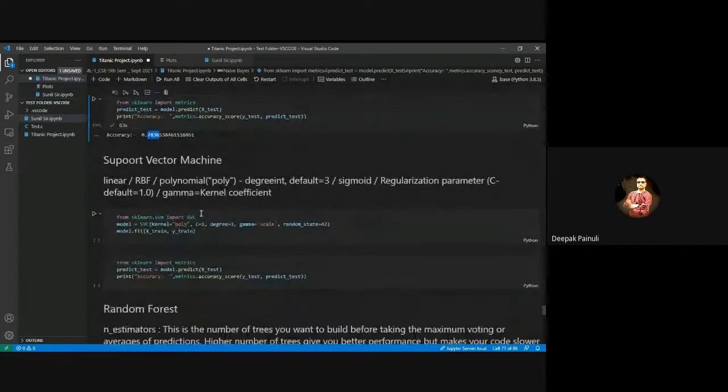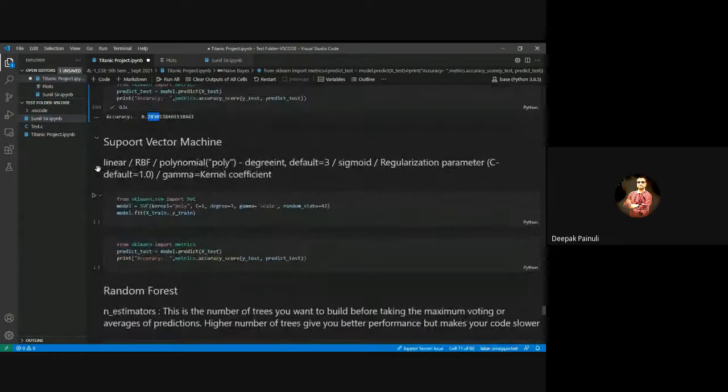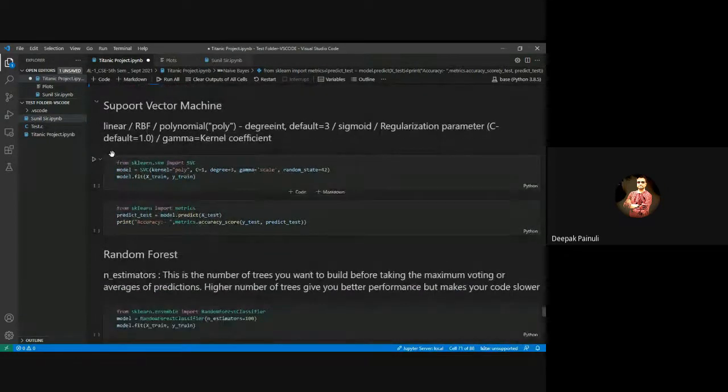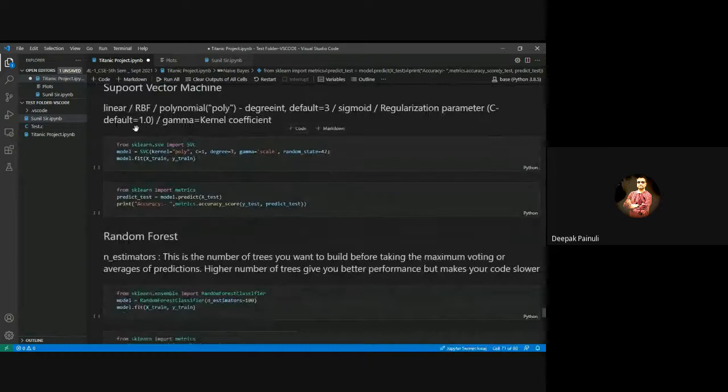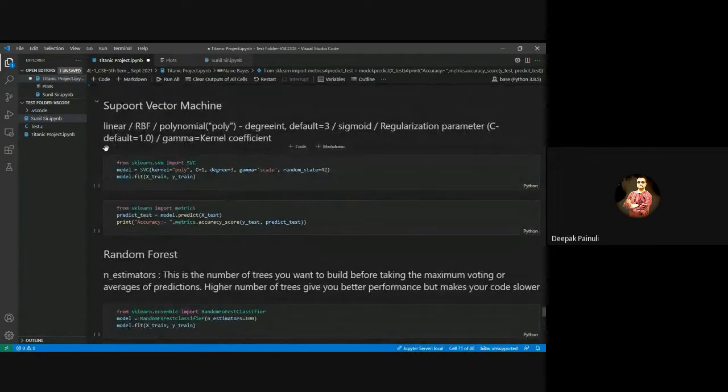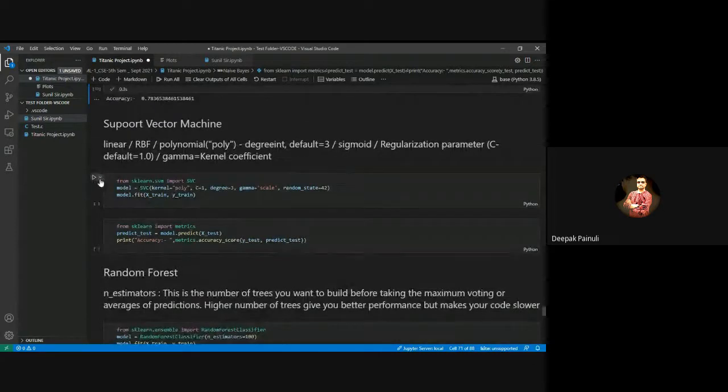Okay, next one we have support vector machine. So it is a very good classifier, mostly used classifier in the world. Now just import support vector classifier, SVC for support vector classifier.